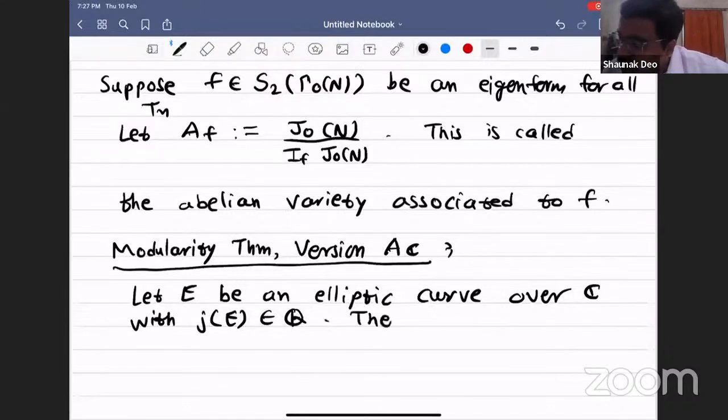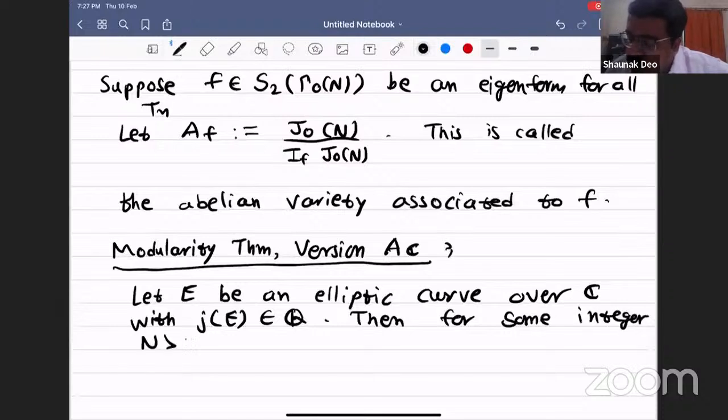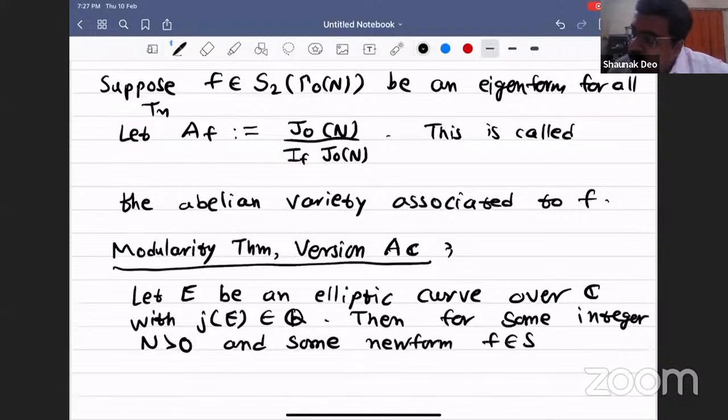Then for some integer n greater than 0 and some new form f, so that means there exists an integer n greater than 0 and a new form f of weight 2 and level gamma naught of n,